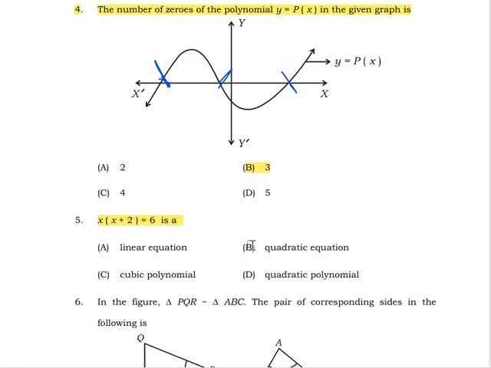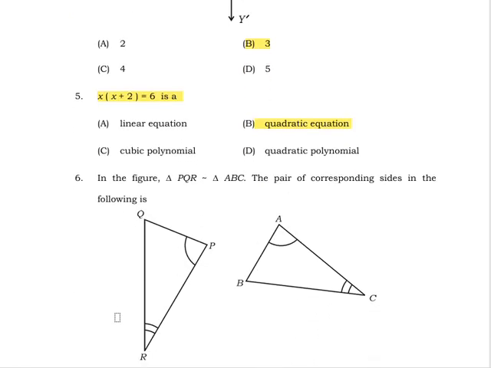It is a quadratic equation. It is not a linear equation. Linear equation means the degree is 1. So here the degree you are getting is x into x, that is x square. So 2 is the degree, so it is a quadratic. Cubic means 3. Quadratic polynomial, that means the degree should be 2. So here the power of the variable is 2. So it is a quadratic equation, that is in the form of ax square plus bx plus c is equals to 0.